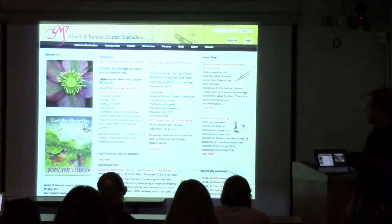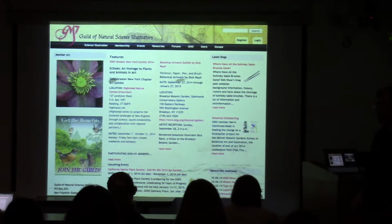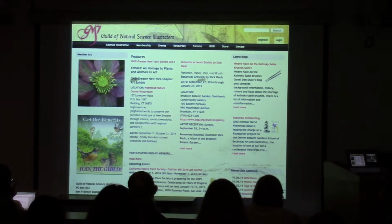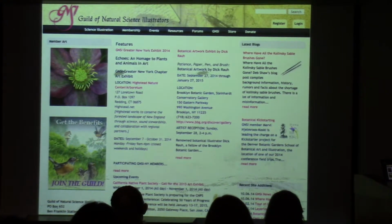There are a couple of professional organizations in North America that act as organizing and educational bodies for science illustrators and medical illustrators. The first is the GNSI, the Guild of Natural Science Illustrators. This is about 1,500 people in North America. This is a loose group of folks. Some folks have advanced degrees, many don't. The commonality are people who like to draw and illustrate concepts that deal with natural